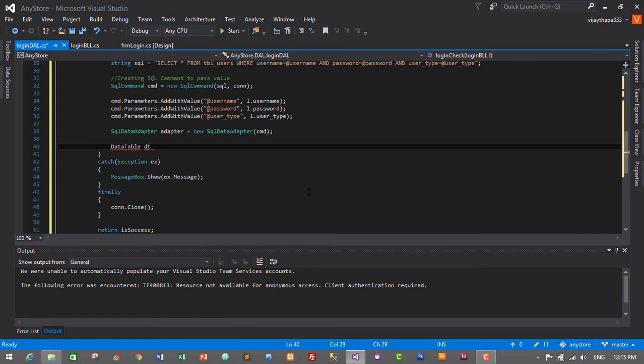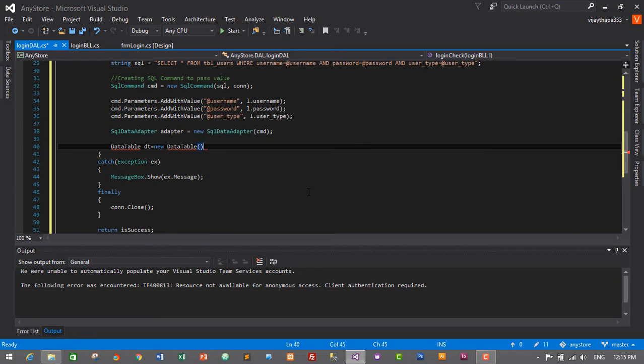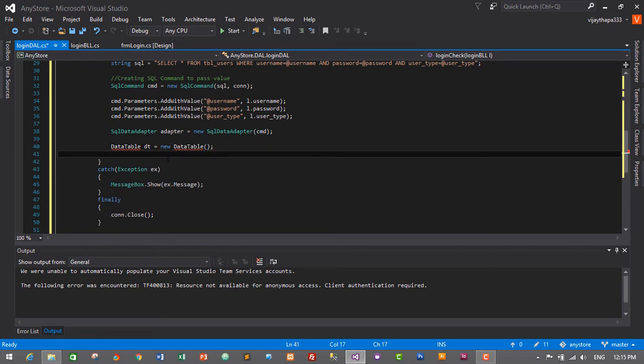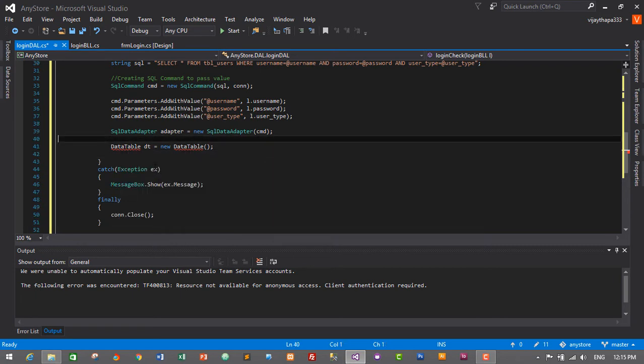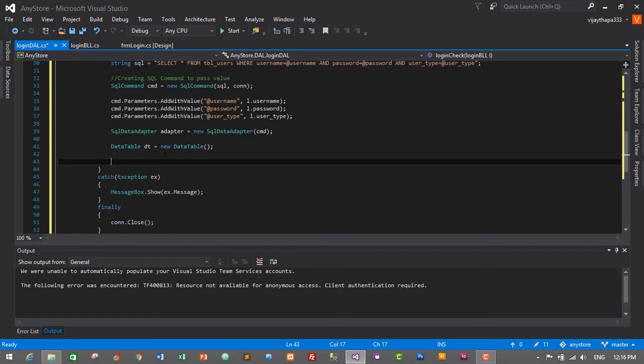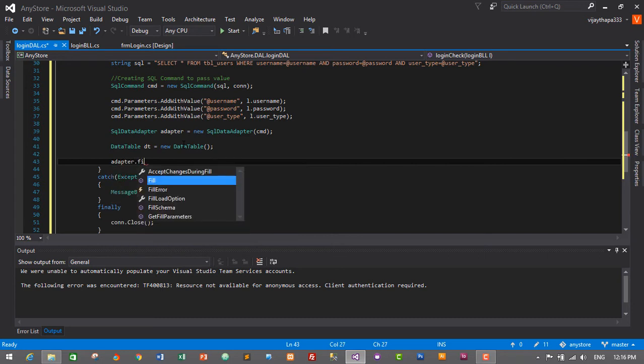So data table dt is equal to new data table, and we have an error. Just hover over the error, click on show potential fixes and using System.Data. This will fix the error. Now we need to fill the data table using the SQL data adapter. So adapter.Fill